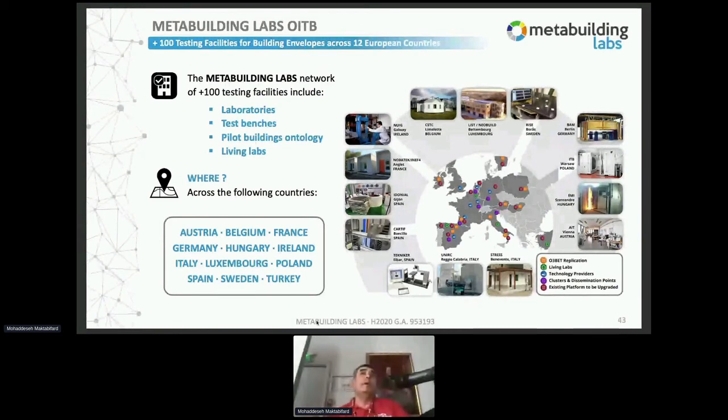Pilot buildings ontology, this is also something particular in our project. For this project, we have some pilot buildings, but the idea is to streamline access to pilot buildings. You all know, if you are in the business, that finding suitable pilot buildings for any research and innovation project is a pain in the neck. So it's very